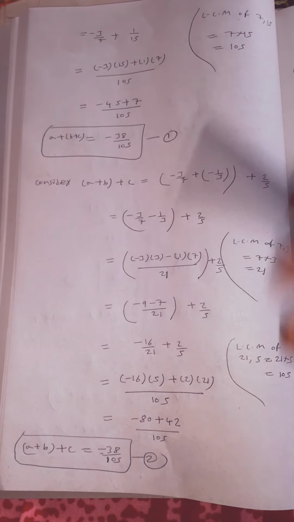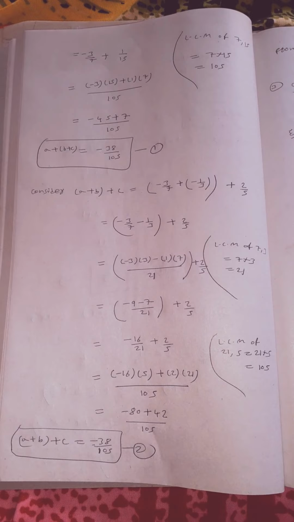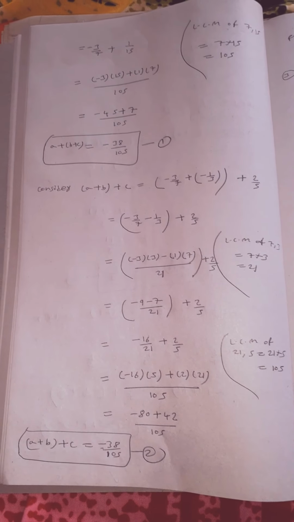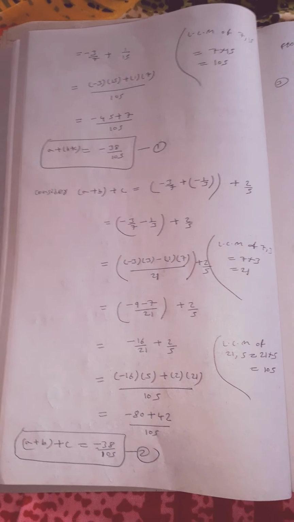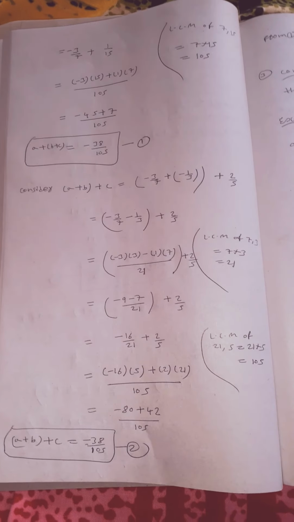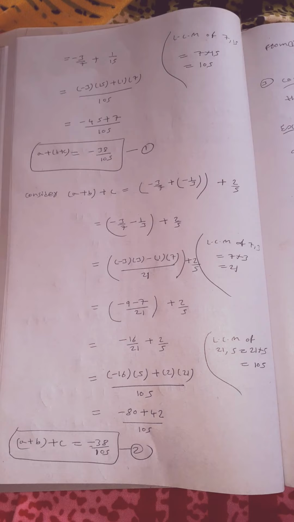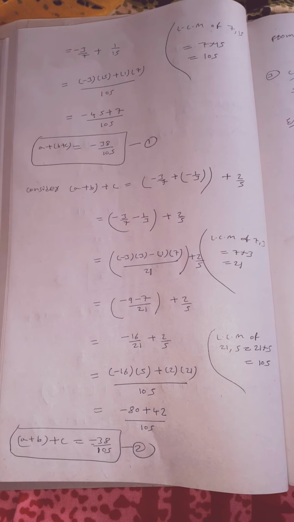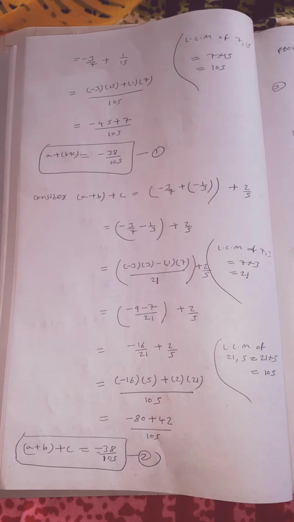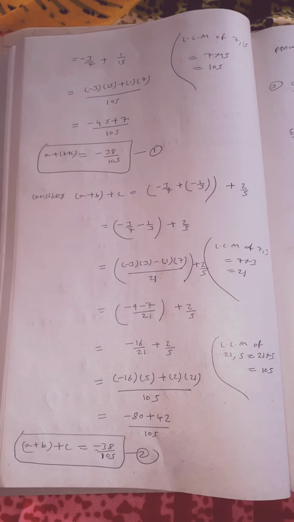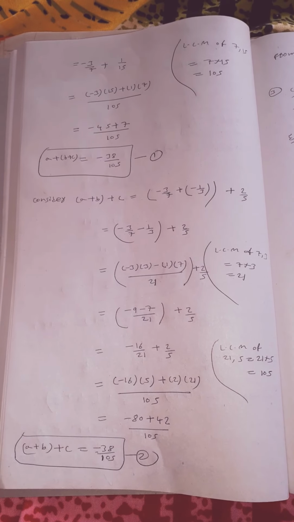From 1 and 2 we got both are same. So associative property under addition is satisfied. So compulsory should get both same answers. If you are not getting same answers, then you only did the mistake, children. You only did the mistake. If you are not getting both same under addition associative property, means you should get compulsory same.